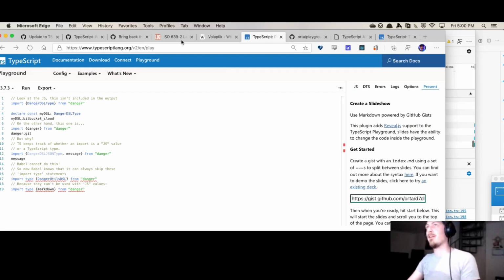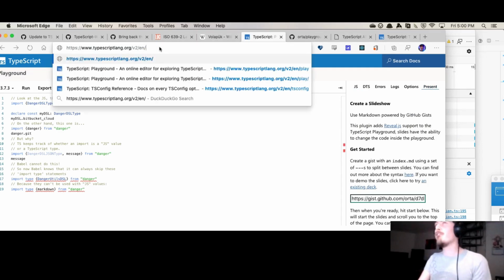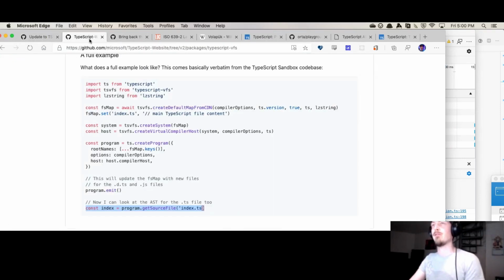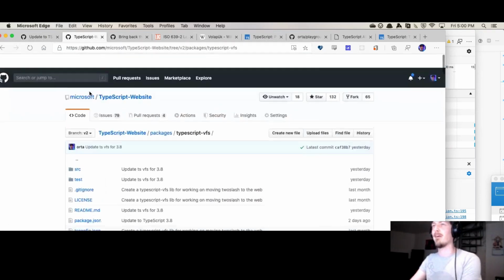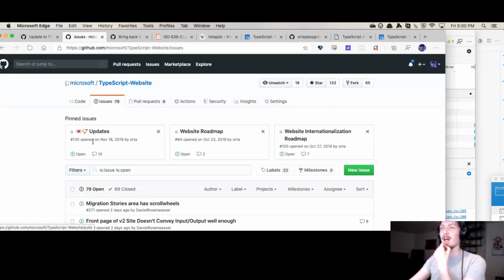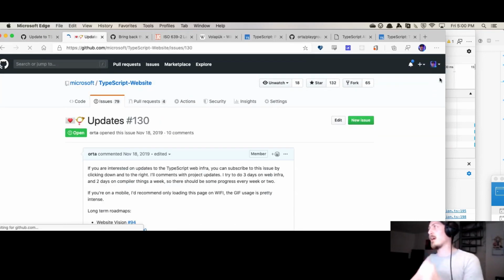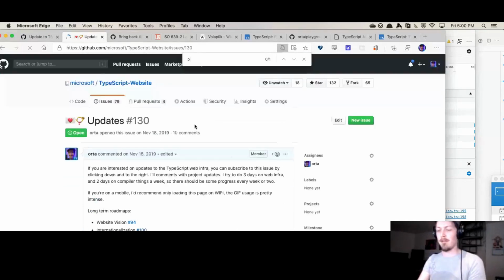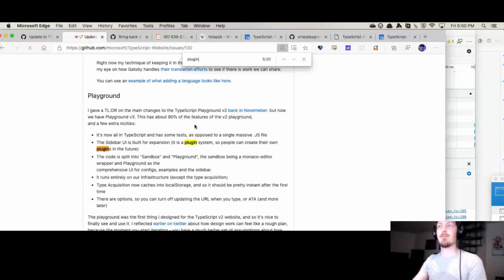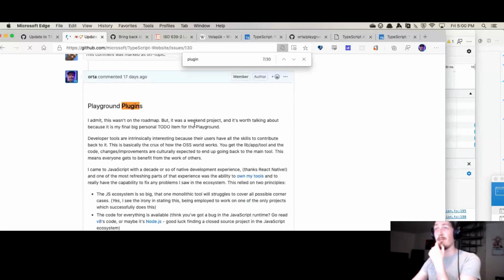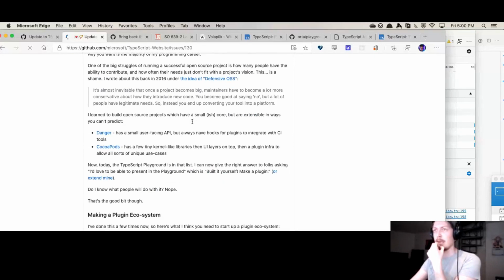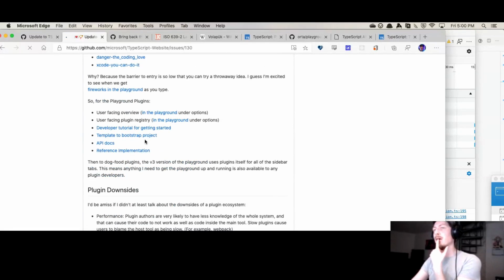If you're interested in plugin infrastructure stuff, I did a write-up on all of my personal beliefs on how to build plugin infrastructures in the updates thread, talking about what templates should look like, how do you test them, how do you do documentation, because I've had to do it now for quite a few different projects like CocoaPods, Danger, and now this. And so this one actually comes with an automatic